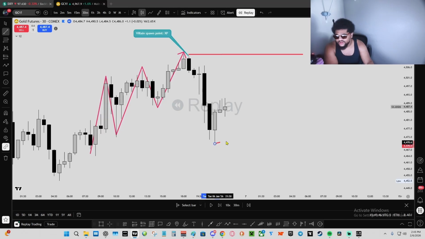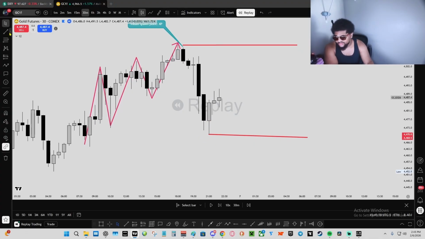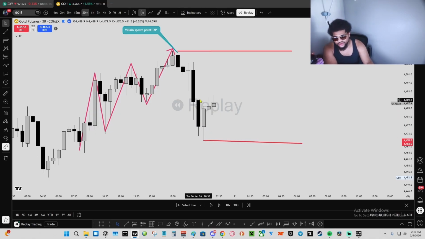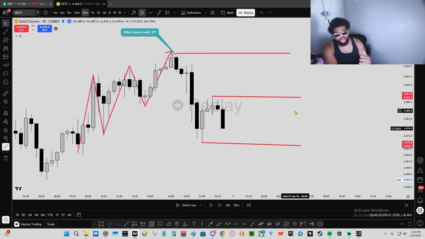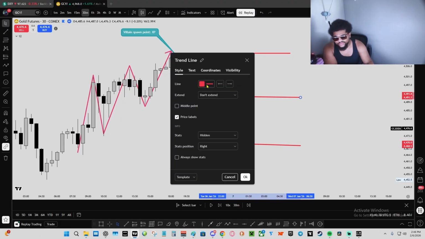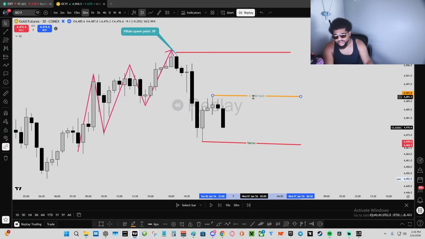So we can see a group of heroes spawned in right here, because heroes spawn below lows. We know this is a low because it moved down and then turned the other way. This is a lower low, because it moved lower than the previous lows. But anyways, we know a group of heroes spawned in here because this is a low and heroes sit below lows. Price then starts going the other way. Who sits above highs? Villains, right? Villains sit above highs. So a group of villains then spawn in here. So these are the heroes, and these are the new group of